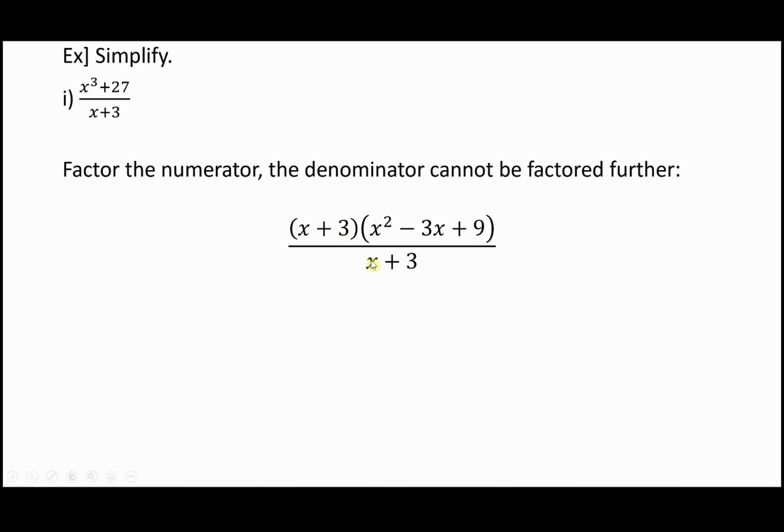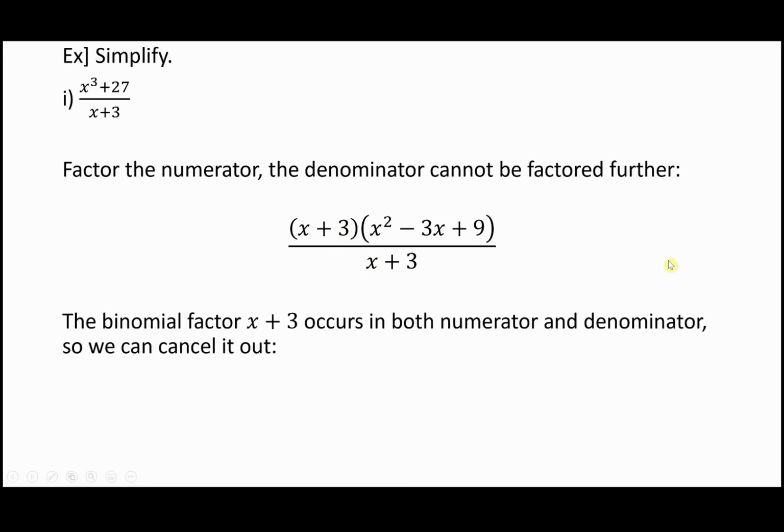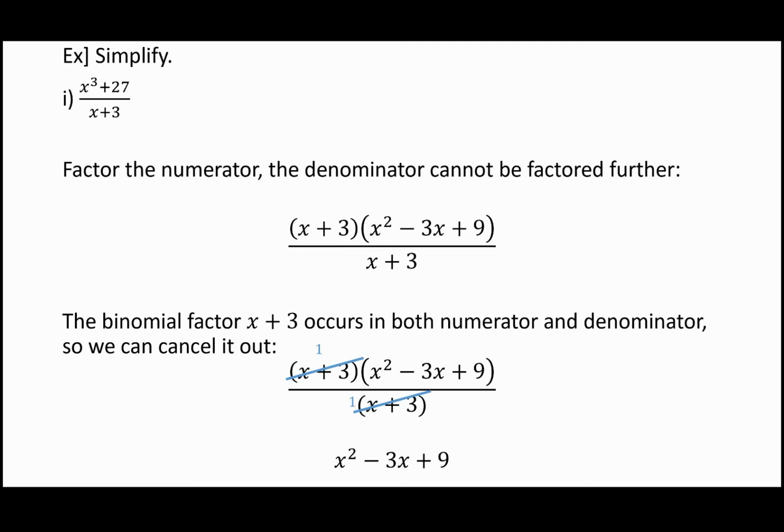All right, you might notice at this point that the rational expression in the factored form now has a binomial factor of x plus 3 that occurs both in numerator and denominator. I've added some parentheses on the denominator x plus 3 just to make it super clear that I'm canceling out the entire binomial factors that are occurring here. And then you just report the trinomial that was in that numerator as your final answer,